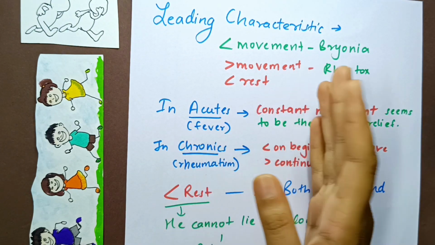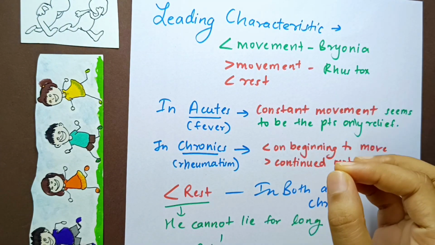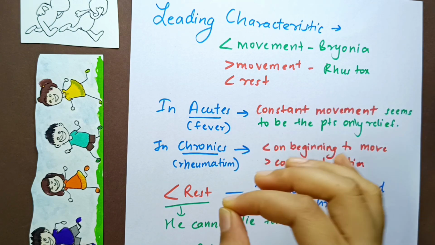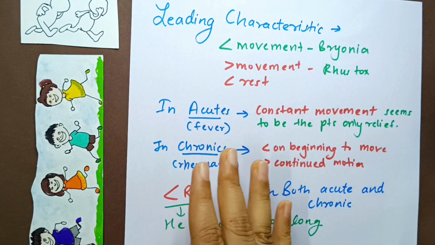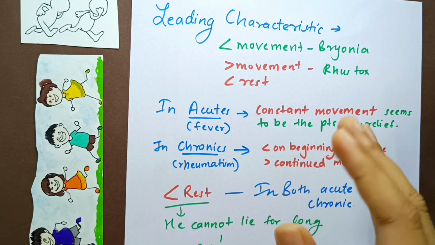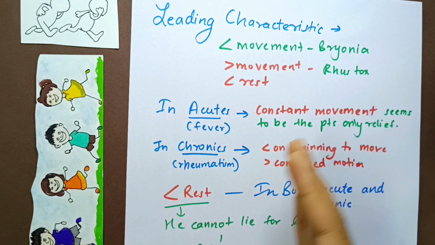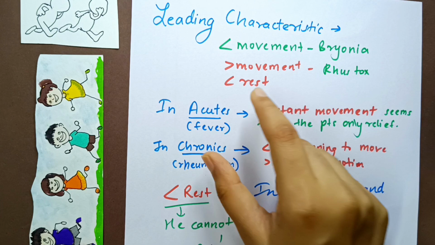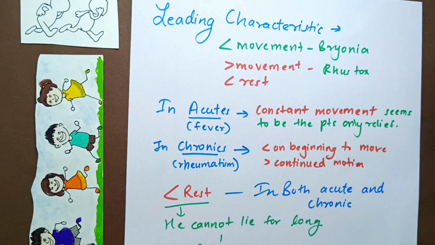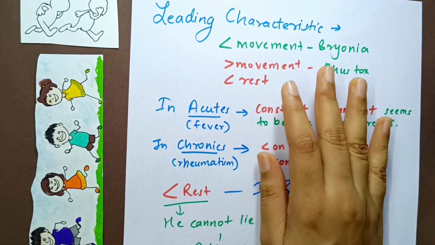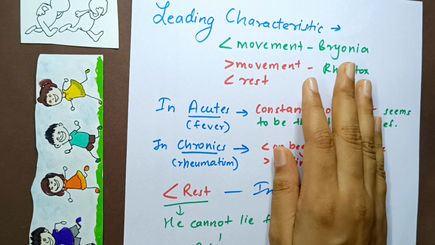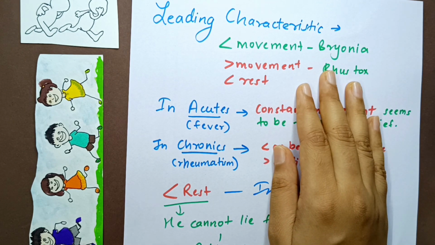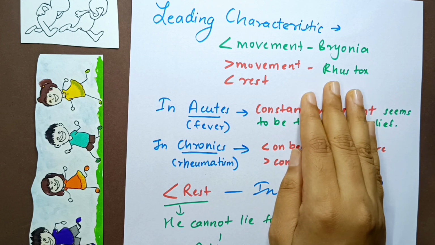Moving ahead, Dr. Nash says that as in bryonia, so in Rhus Tox, the leading characteristic is found in its modality. Okay, so we've done with the restlessness part, and now we're coming to the modality part. He always mentions modalities in almost all the remedies, and he emphasizes a lot on modalities. He always thinks of them as leading characteristic, especially in remedies like bryonia and Rhus Tox. Both of them have very characteristic modalities.